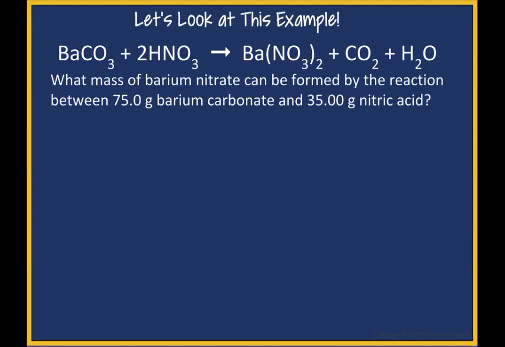So first of all, we have to determine the limiting reactant. Always use the limiting reactant to determine the product. Okay, so if it turns out that we're not going to use all of the nitric acid, then we're going to use the 75 grams of barium carbonate to find how much we can make, or the other way around. So we first have to find the limiting